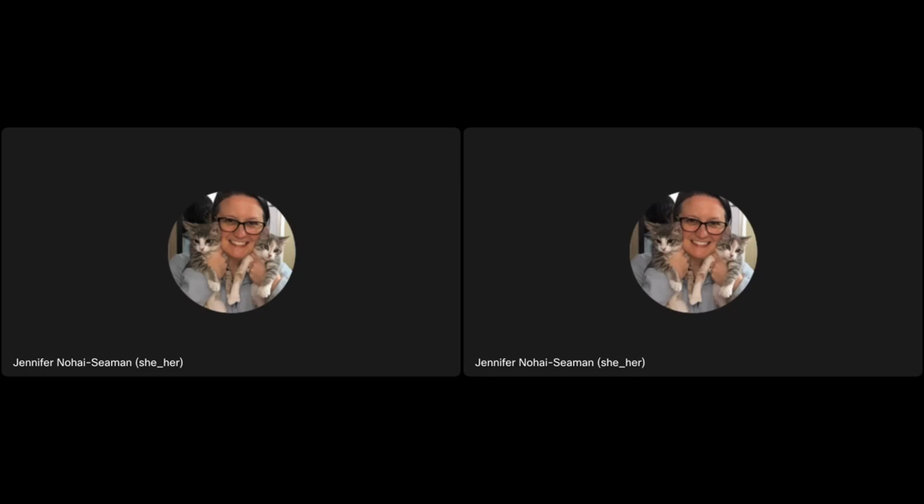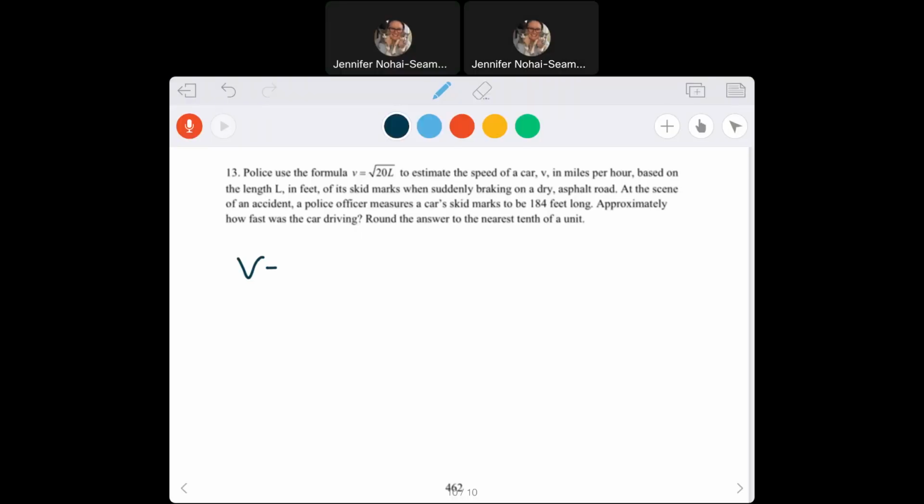And so the length of the skid mark is 184 feet. So V equals the square root of 20 times L. L is 184, just like that. So V equals the square root. Before I take the square root, I'm going to multiply those two together. 20 times 184 gives me